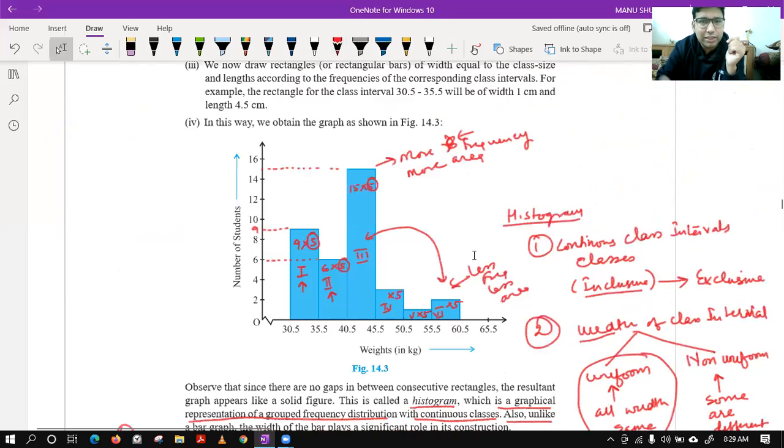So in this case we have seen the rectangle which was having more area was obviously having more frequency also. The reverse we have to say, the rectangle having more frequency was having more area also. You can see this rectangle was having the maximum frequency 15, and the area also is maximum of this rectangle. So our condition is being met. But